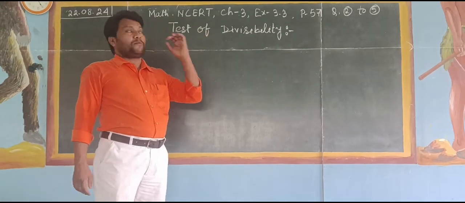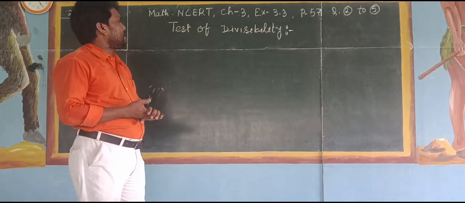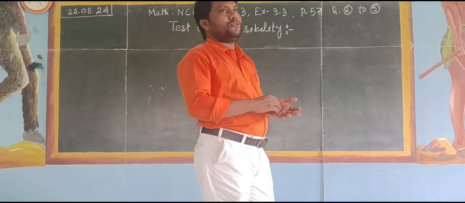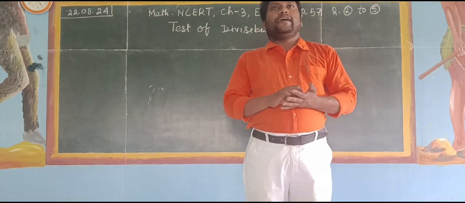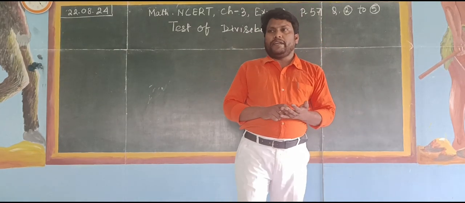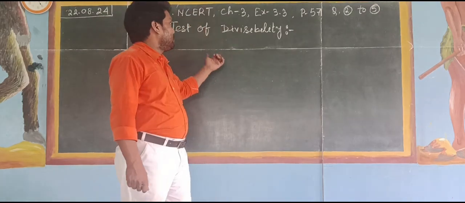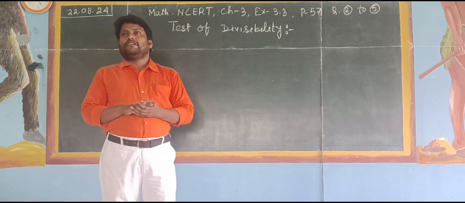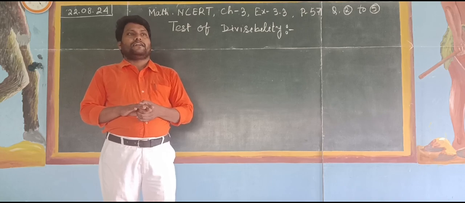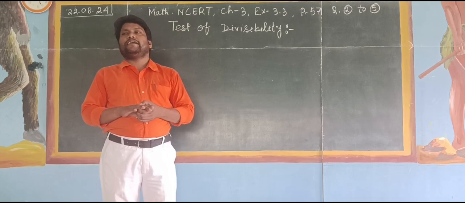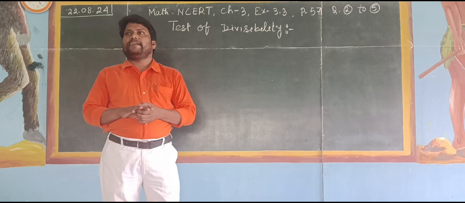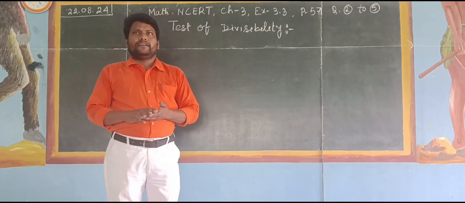Solve the problems from Math NCERT, chapter number 3, exercise 3.3, page number 57, question number 2 to 5. Mainly, the topic is based on test of divisibility. There are some rules. How would you understand that a number can be divisible by 2, by 3, by 4, 5, 6, 7, 8, 9, 10 and 11 and so on? Okay. There are some properties